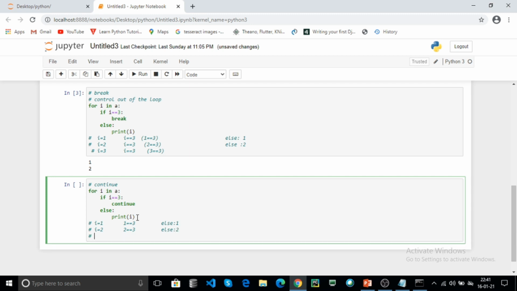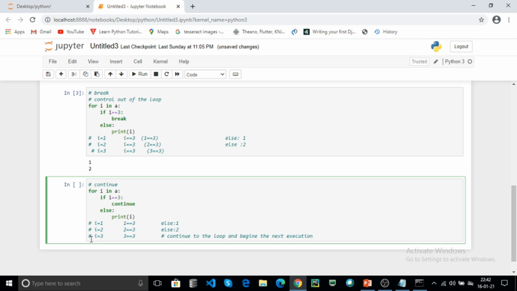In the next iteration, I equal to 3. Here 3 equal to 3. The condition was true. Here it tells the loop to continue to the loop and begin the next execution.